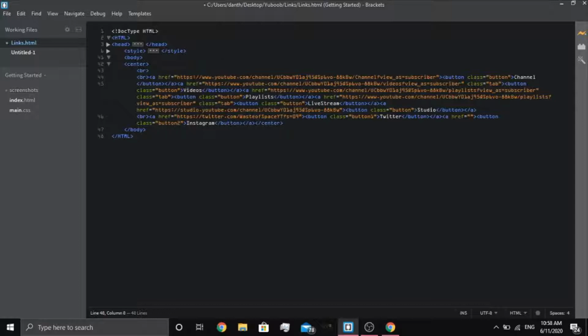These are all the buttons. See, you have channel, videos is here, playlists, live stream, Instagram, Twitter, studio, but this is mostly good. When making a website, be sure to not do it like this, because this is just one big clutter. You need something called white space,